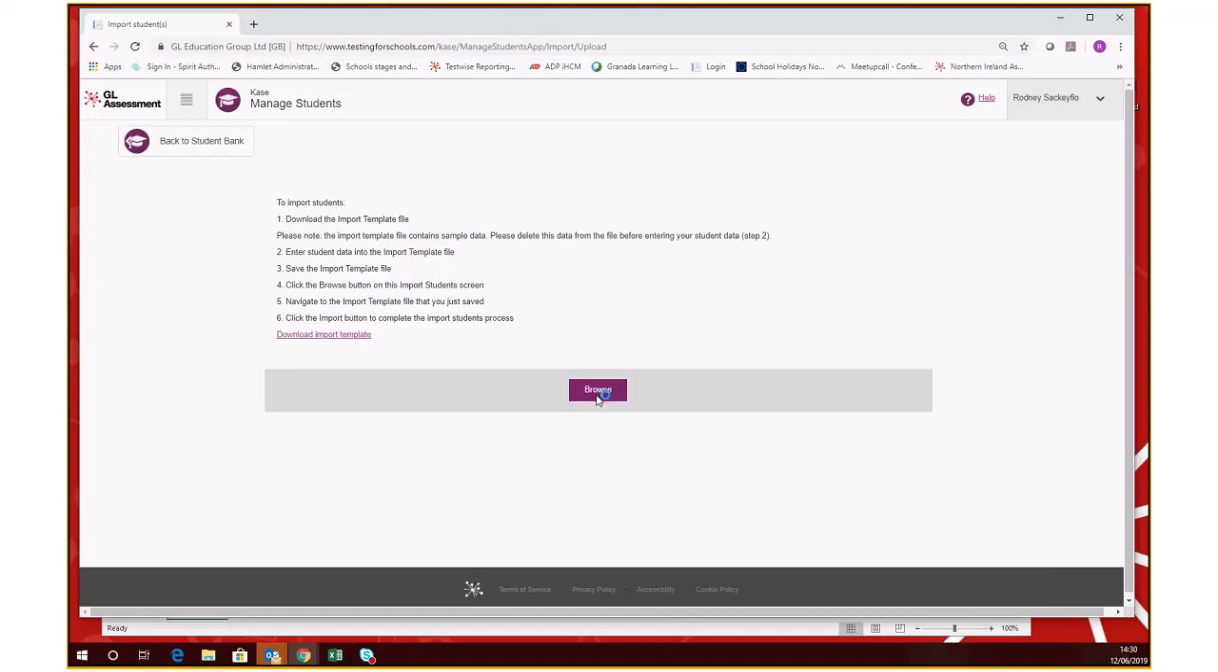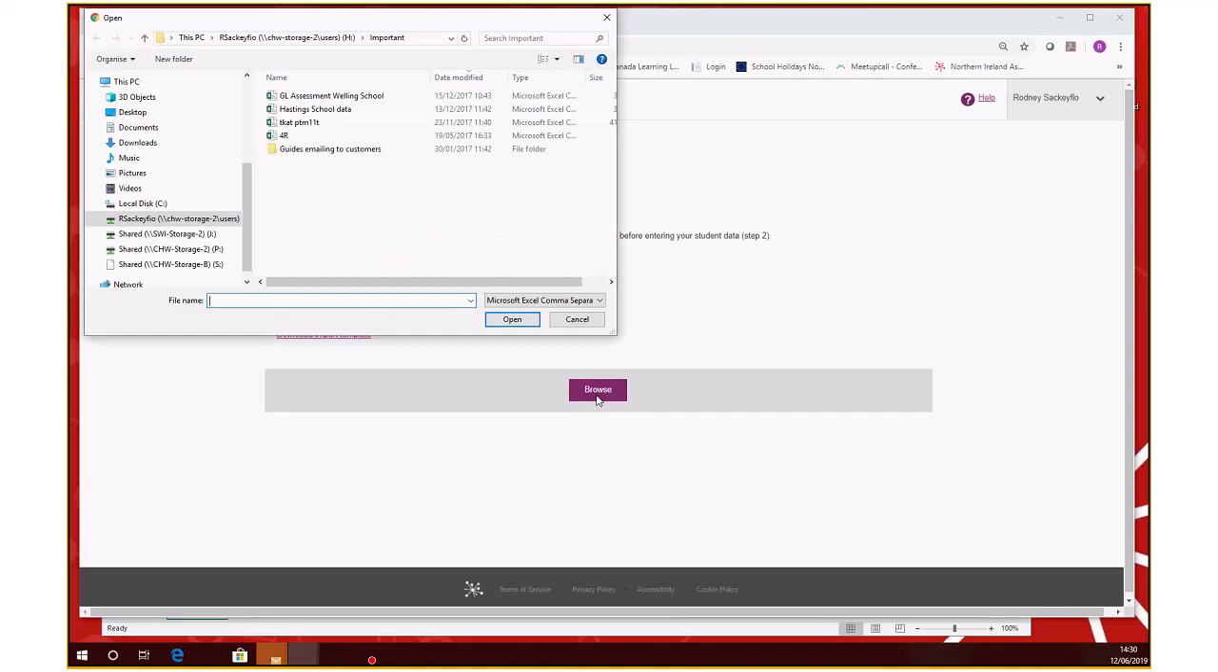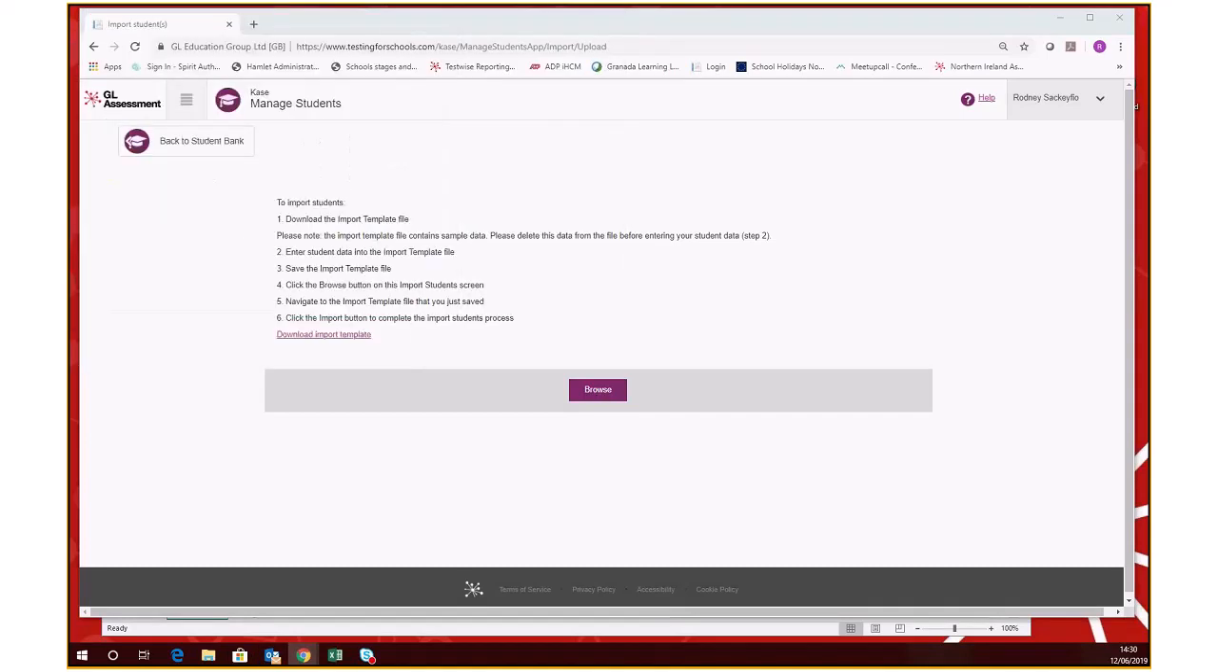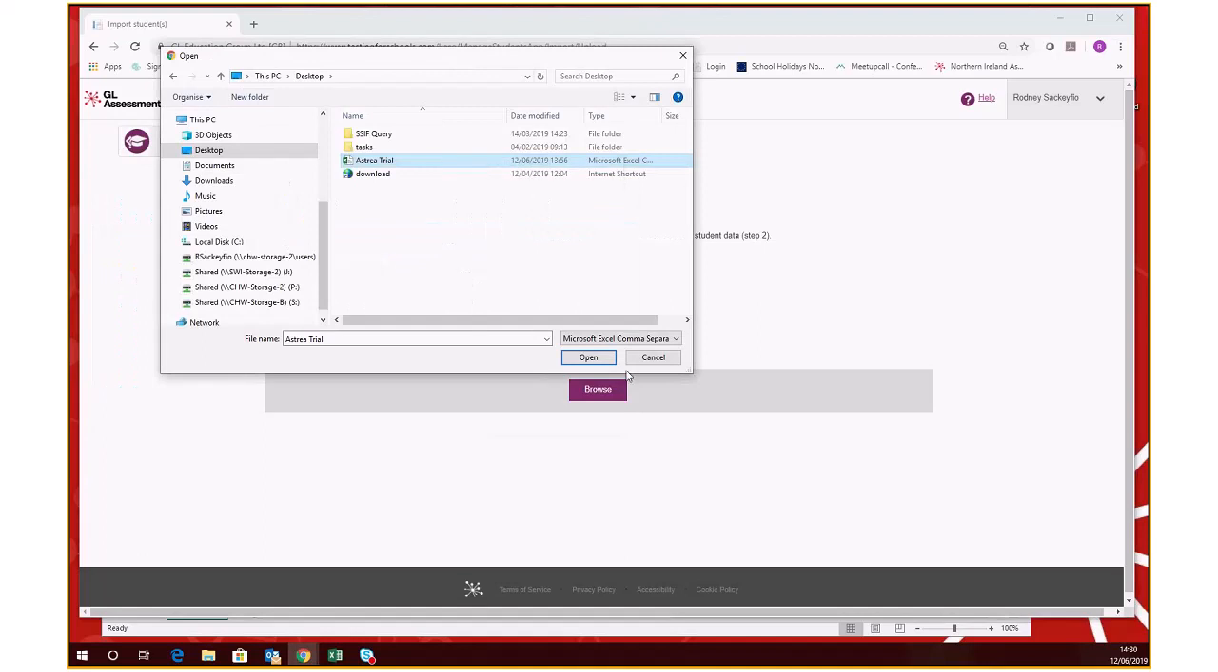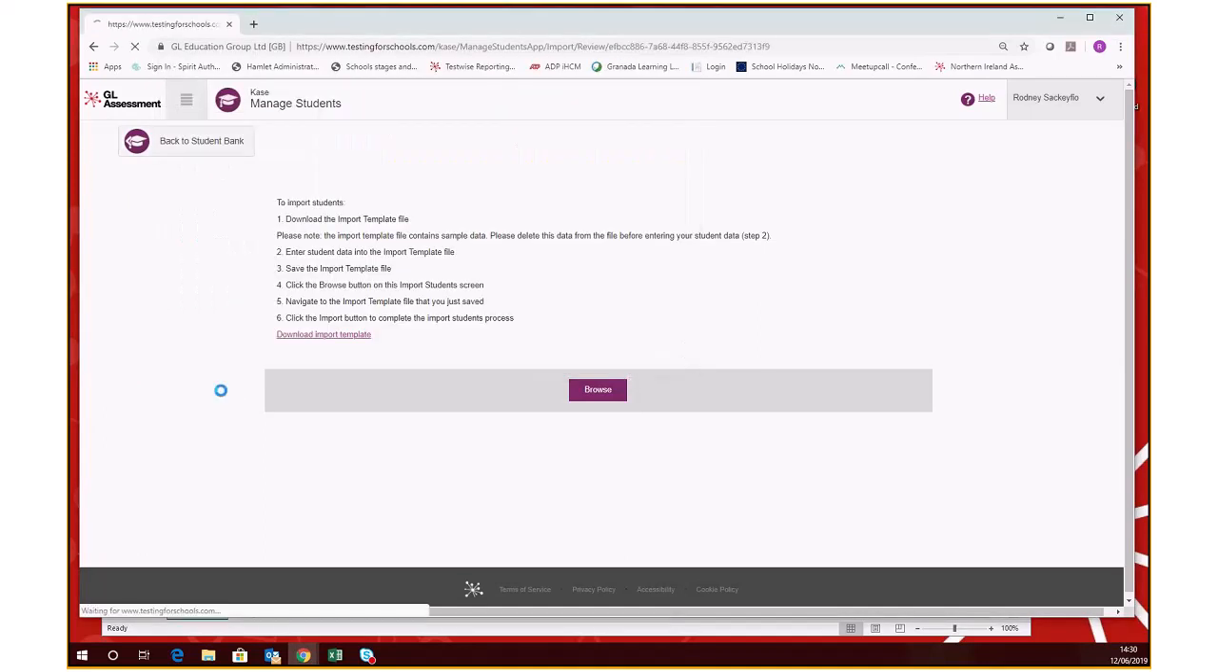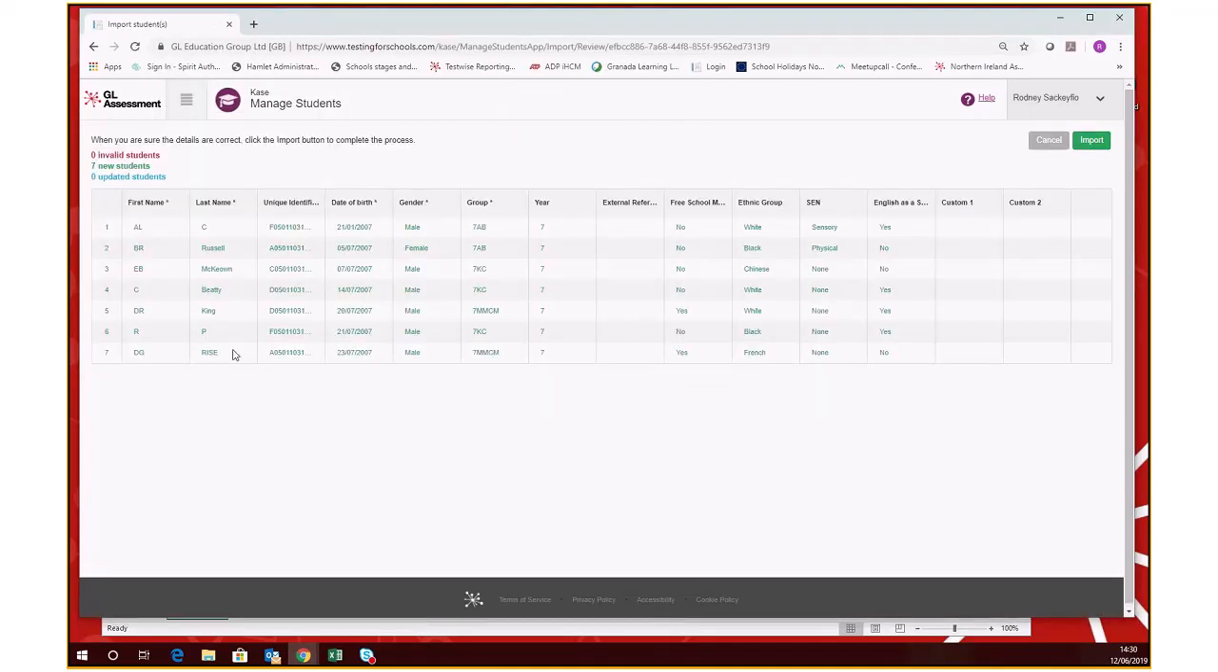Then click on browse, and then you can just locate your file. So just bear with me. Once you've done that, just click on open. And if everything is